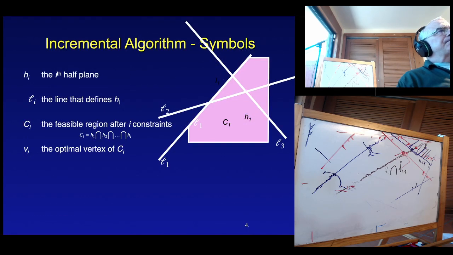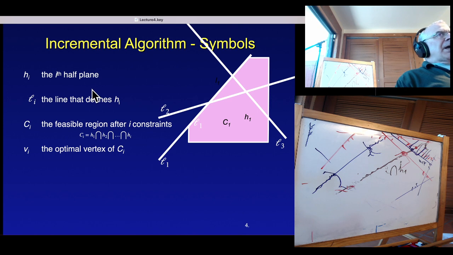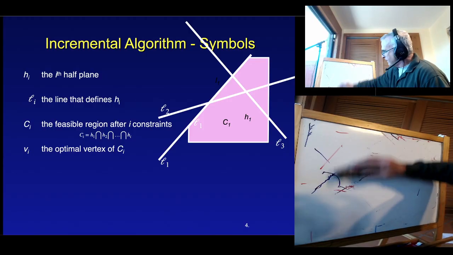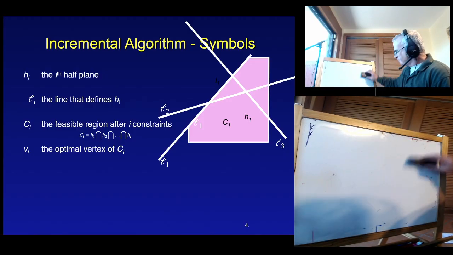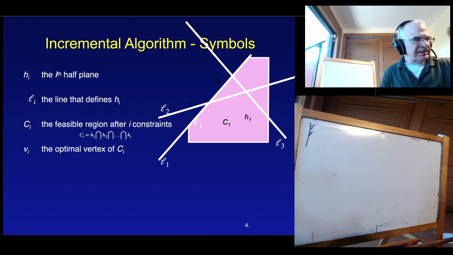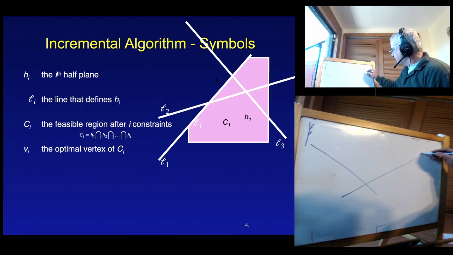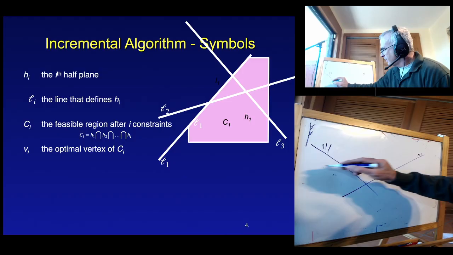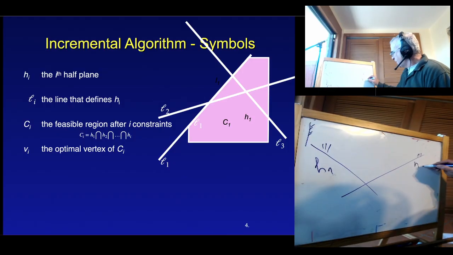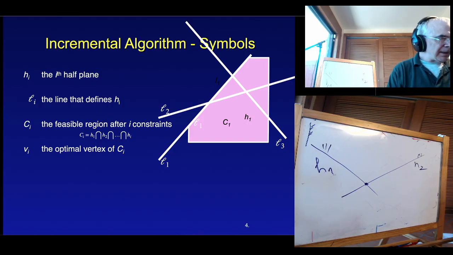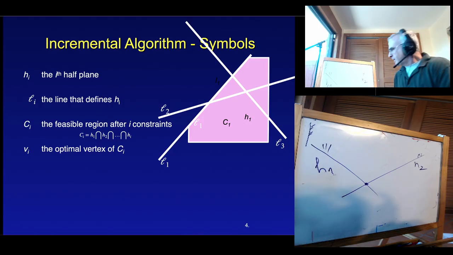Notation. I'm going to do the incremental algorithm. Remember, I'm going to insert the half planes one after the other. I'll start where I say I computed the intersection of h1 and h2. That's where I start, and then I'm inserting